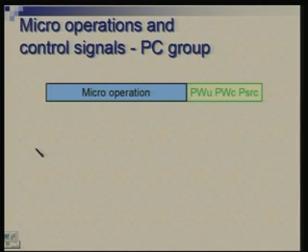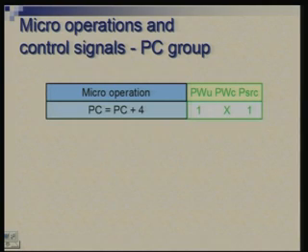But let us see different micro operations and the signals which they imply. So, for doing PC gets PC plus 4, I make PWU as 1, this then I do not need to care, okay. And the source I am selecting is 1. So, three things going into this multiplexer, if you recall, are the output of ALU directly, the output of ALU through the RES register, and then the address which is for the jump instruction. So, let me just go back and check if I have indicated the correct source here.